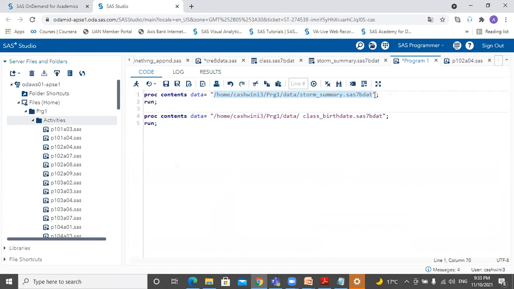So this path is small and crisp. But when you're working on live data for a specific project, this path is not going to be so small, because the data or tables are always saved on servers and the path is very long. So this type of information is not going to be useful for us.